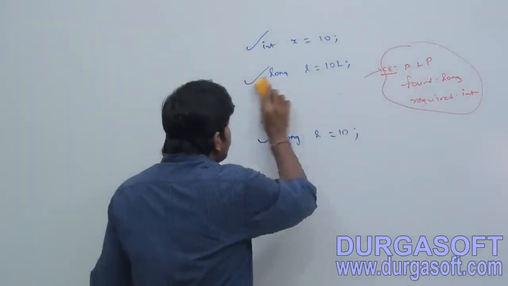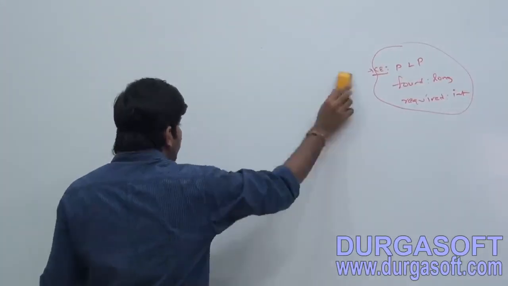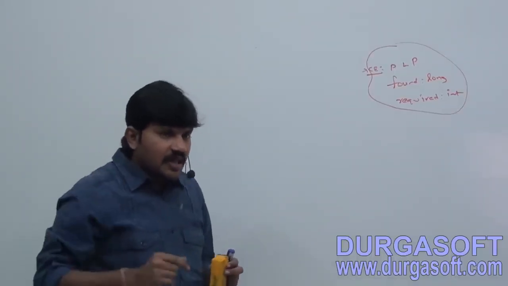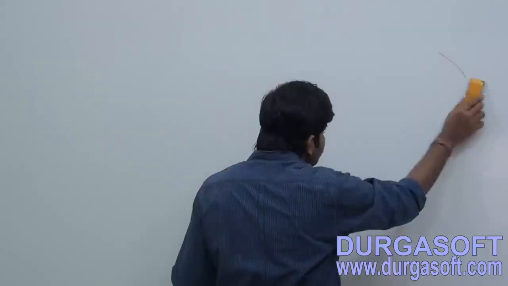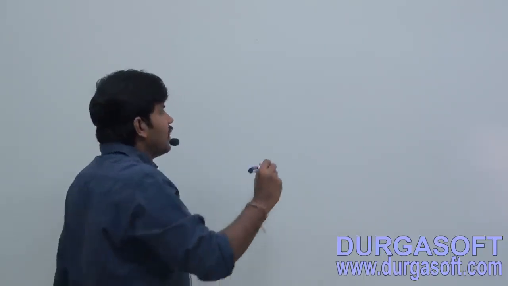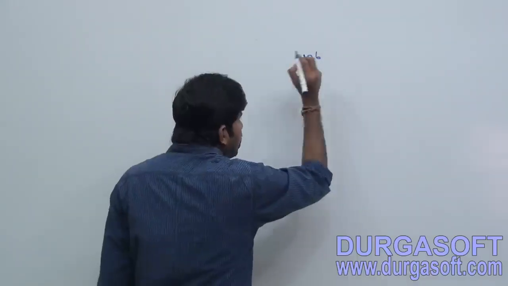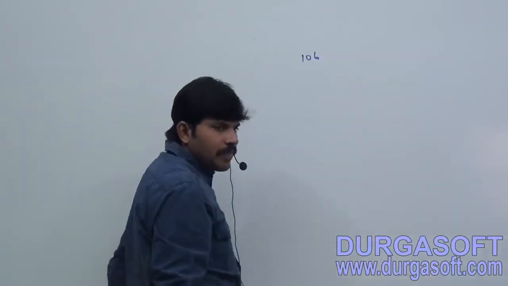Next. By default every integral literal is of what type? Int type. I want to specify explicitly as long type. How? By suffixing with a small l or capital L. Now my target is, can you please consider this integral literal as byte type? It's a byte value, it is a short value. How can you specify? If a number is suffixed with B, it is treated as what? By